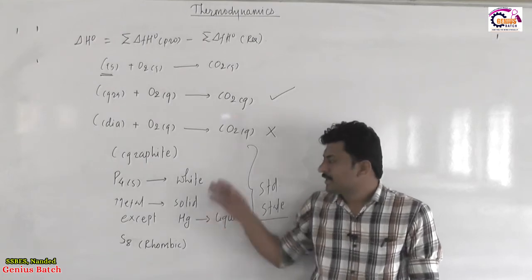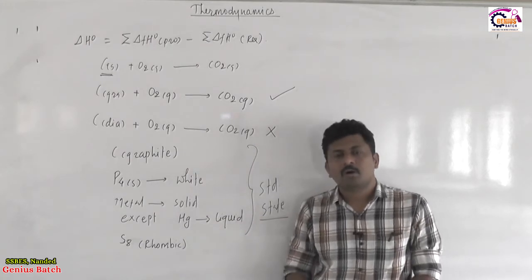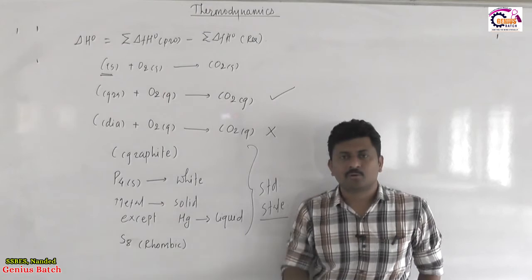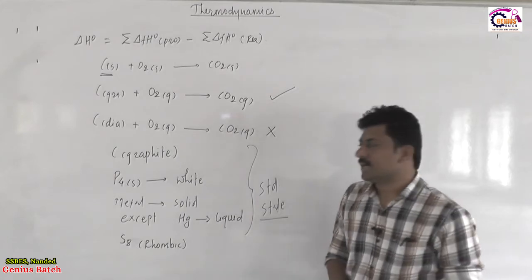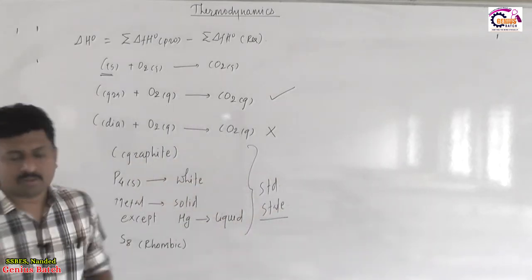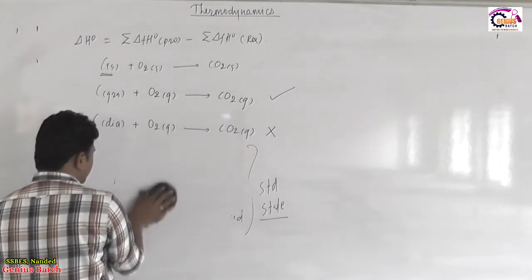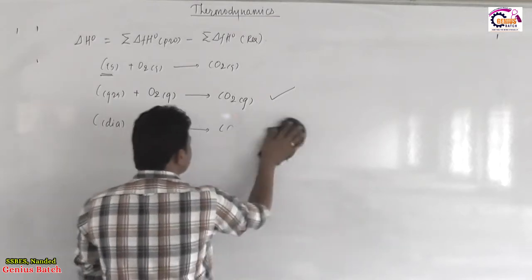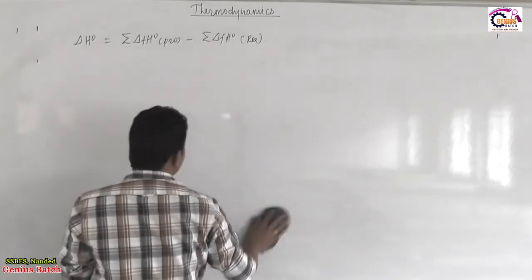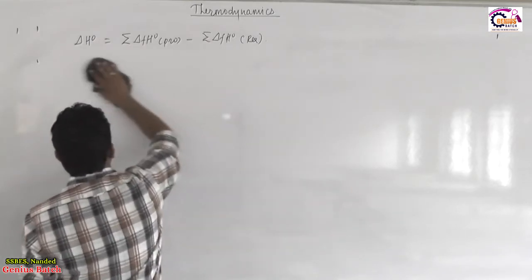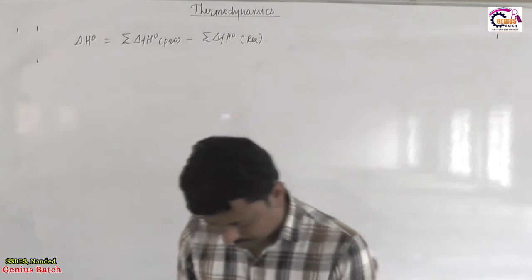Clear with it? So make it clear that whenever we come to an element which exists in several allotropic forms, the reactions with any allotropic form will not be standard. A particular allotropic form is considered the standard form of that element. Okay. Some more basic guidelines are there, but those we have studied in the case of equations for a standard formation, because we have already discussed standard formation enthalpy for the reaction and how to measure it. Okay. Now, this is the first case when standard formation enthalpies are given.